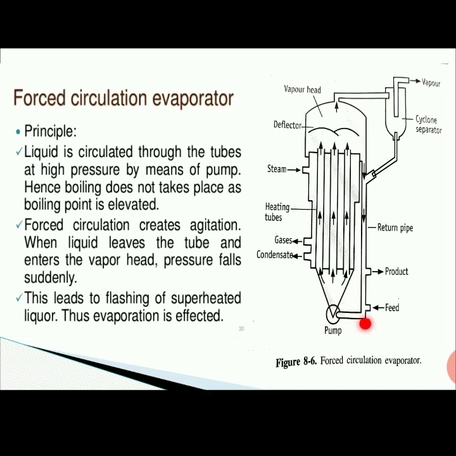Here the pump is placed for the forced circulation of the feed liquid. The tubes are placed vertically. Also these tubes are made of stainless steel. Here, three openings from the middle side, one for the hot steam inlet, second for the